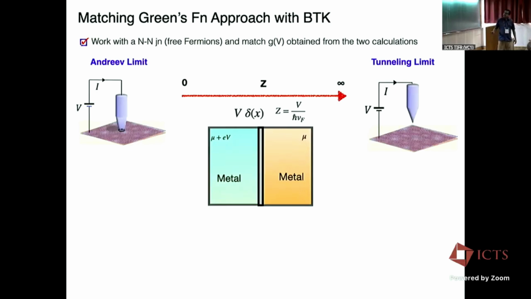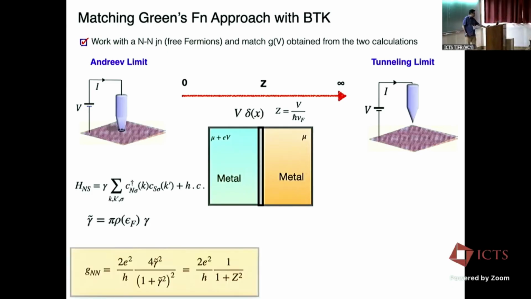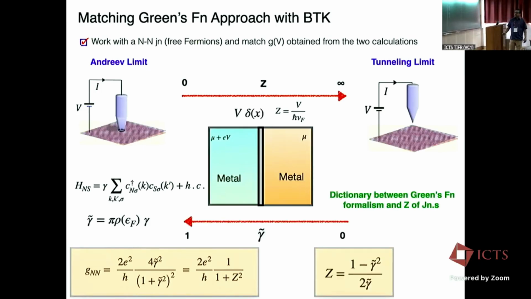Okay, and it turns out that while you are looking at this as a scattering potential, you are looking at Green's function approaches as a hopping. You can define a dimensionless hopping, gamma tilde, and then you can just say, forget about the superconductors, let's put two metals, and let's assume that this BTK way of doing it and the Green's function way of doing it must give me the same answer. After all, it's two free fermions. There's no reason the wave function and the Green's function approach should give me different answers. And then you will basically see that this gamma tilde can be related to Z like this.